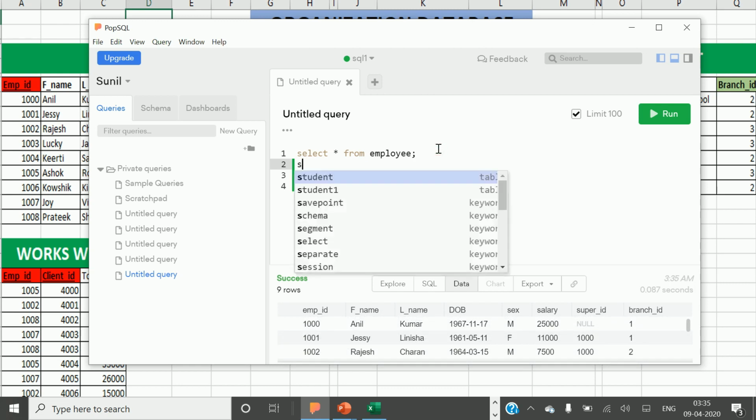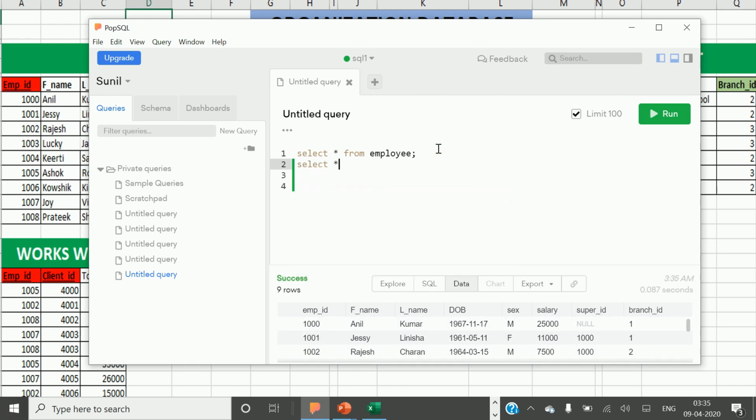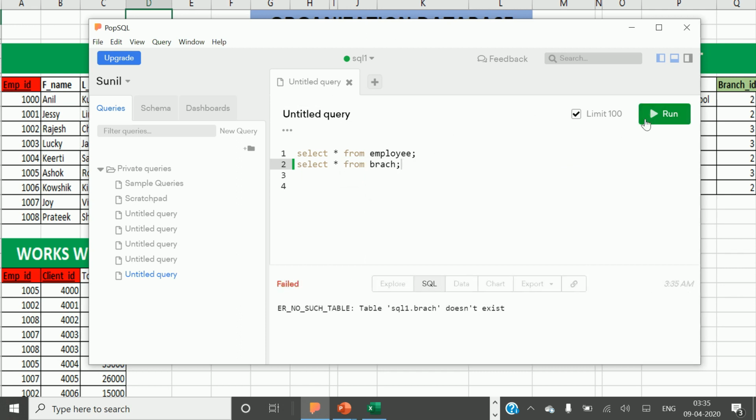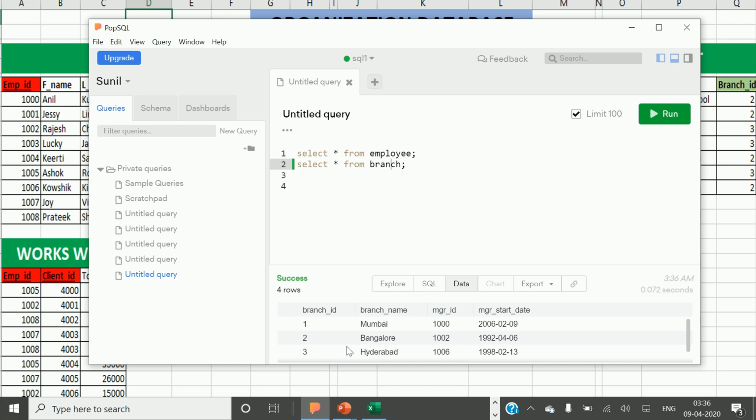And we are also having select star from branch. So we are having branch 2 also, Bangalore. Suppose if I delete from branch